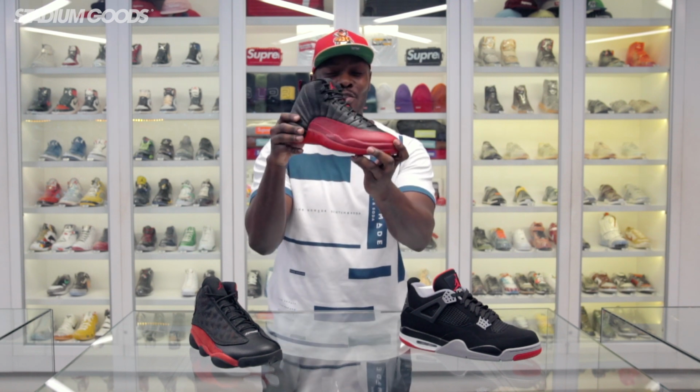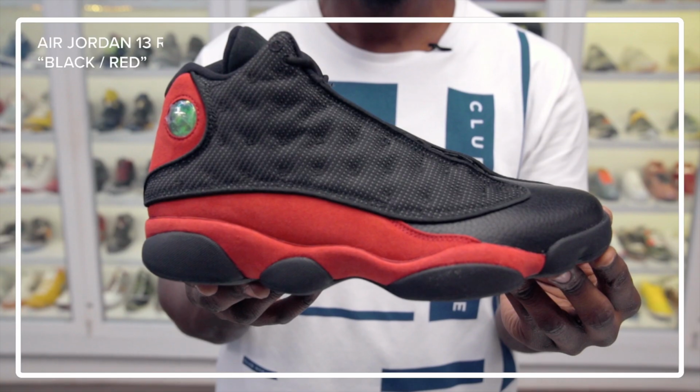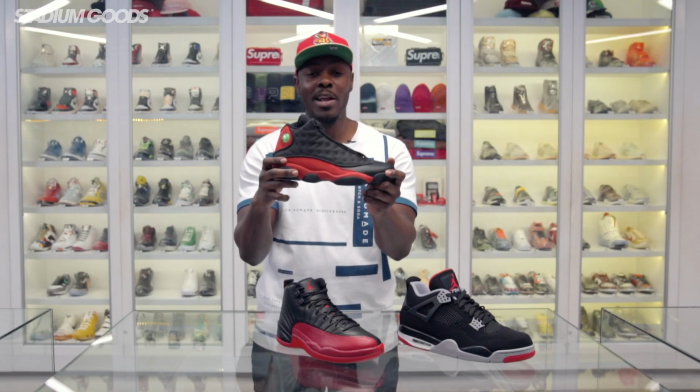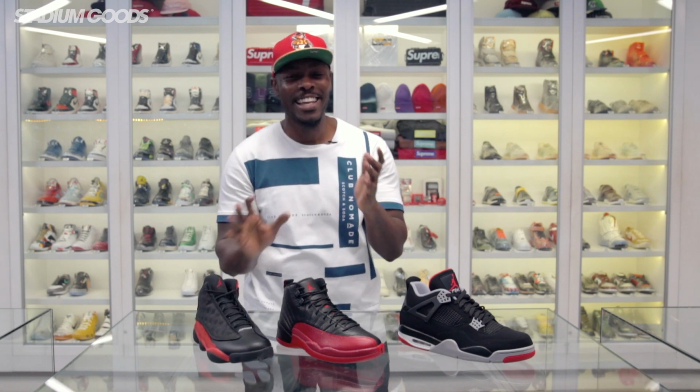But the Black and Red or the Flu Game Air Jordan 12, which, you know, depending on who you ask, but the Black and Red Air Jordan 13, it's a revisit of a classic, of course, and it bears the full black and red colorway, but is not fully considered Bred, but like I said, depends on who you ask. And oddly enough,